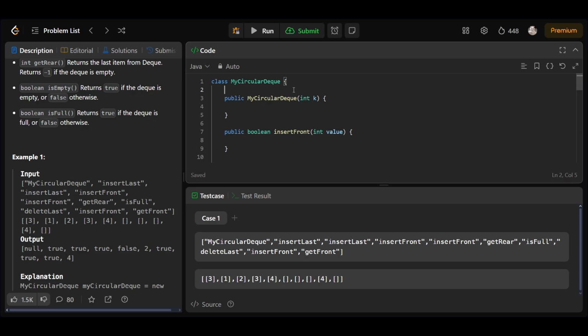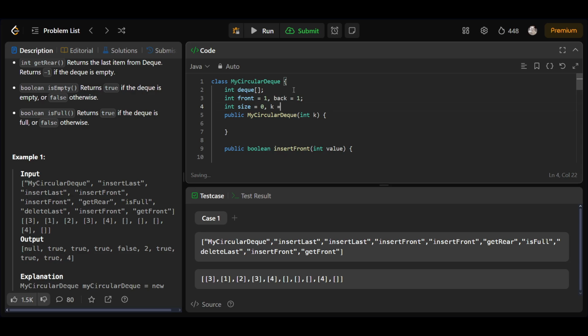Okay, so let's have an int array dq, and also have pointers that are front, which is equal to 1 currently, back, let's just start from 1 only. Back is also equal to 1 initially, then size is equal to 0, and capacity, or let's call it k,